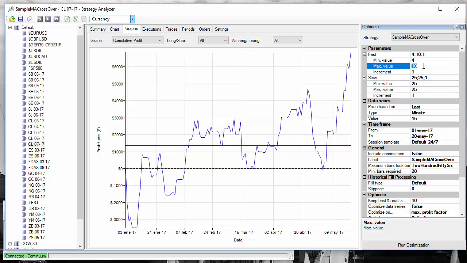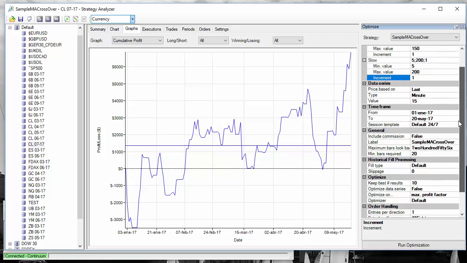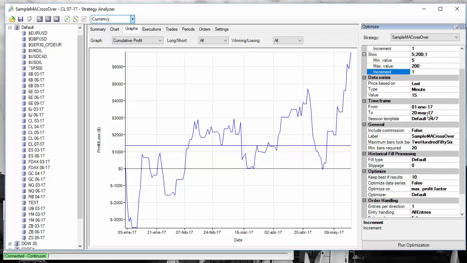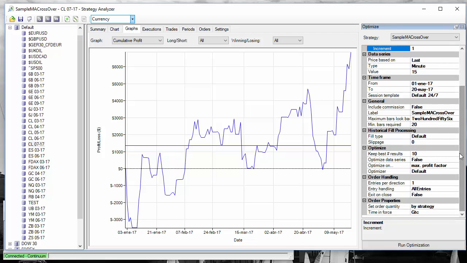For example, starting from 4 to 150 in steps of 1. And for the slow, starting point of 5, ending point of 200 in steps of 1. All the other is the same,